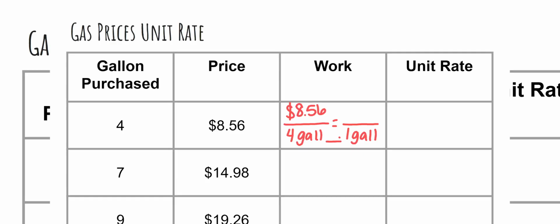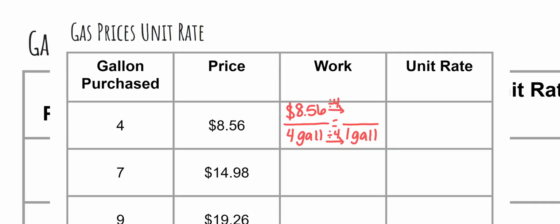Now remember, in order to do this, I am dividing by the same number because a number divided by itself will always be 1. So in this case, I am dividing by 4. What I do to one part of the equation, I have to do to the other. We have to keep things symmetrical. So that means